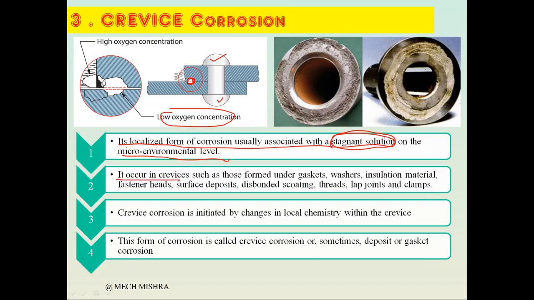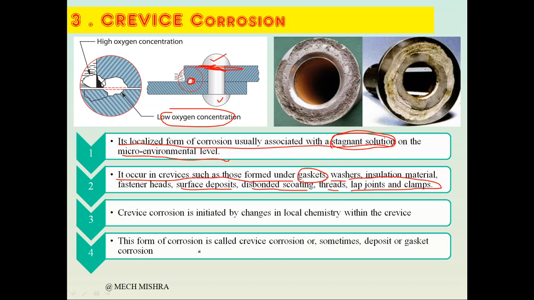It occurs in crevices such as those formed under gasket surfaces, washers, insulation materials, fastener heads. Fastener heads means here also it can form. Then surface deposits, disbonded coatings, threads, lap joints and clamps. These are the locations where crevices can form and cause a localized phenomenon which can lead to